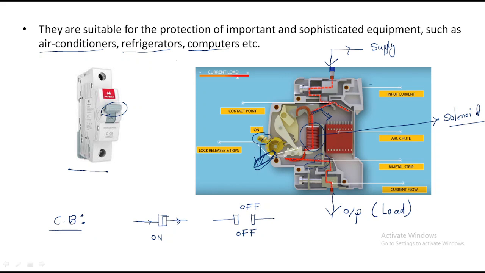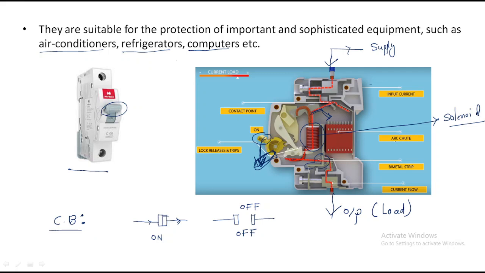For example, whenever there is a short circuit, there is a solenoid. The solenoid will get magnetic power. Whenever it gets the magnetic MMF, automatically it will release the pressure. Again, it will become the tripping position, the half position. Whenever it becomes the half position, automatically it will be open. So this is the procedure of working of these parts.